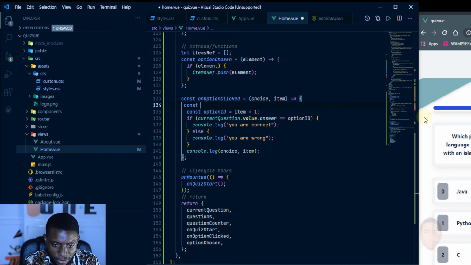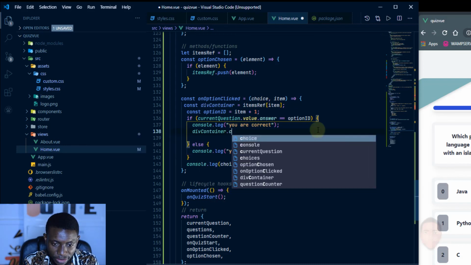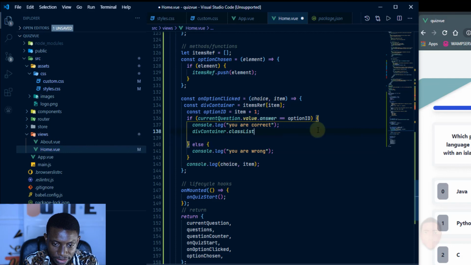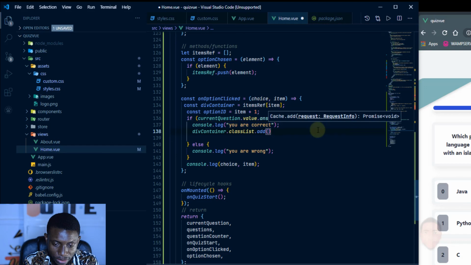Let's say const, let's call it divContainer for now, equal to the particular itemsRef that was chosen. And if our answer is correct, we are going to use classList to add the correct class. So I can say divContainer.classList.add, and what we're adding is option-correct,